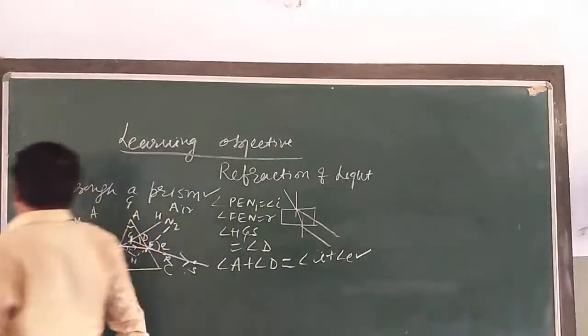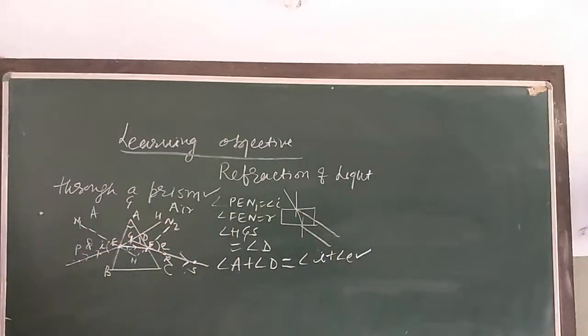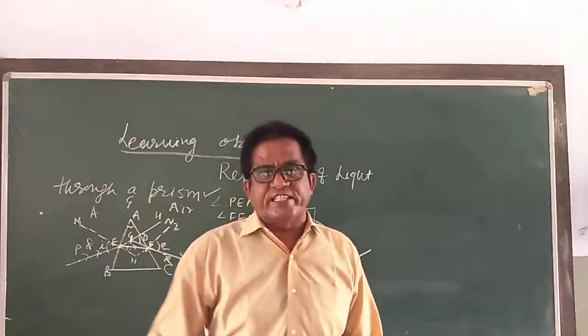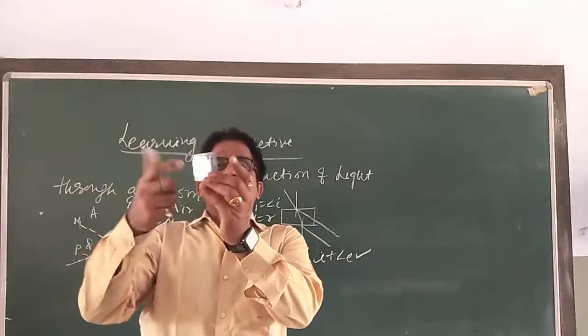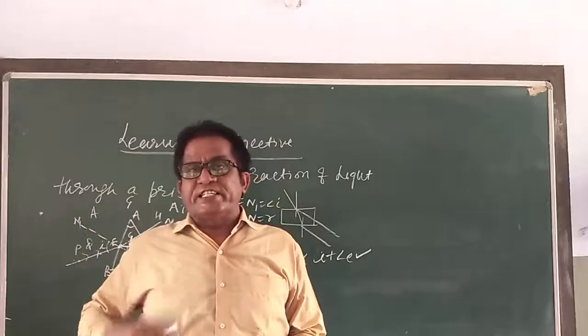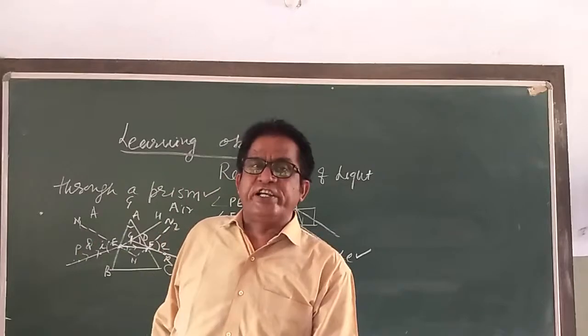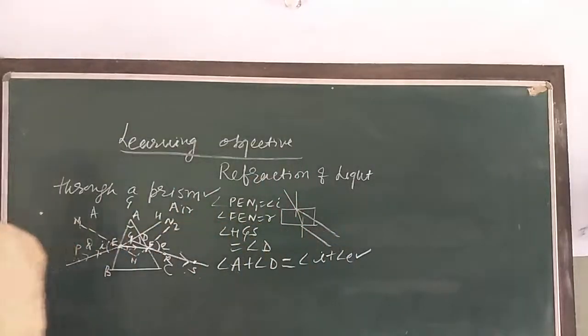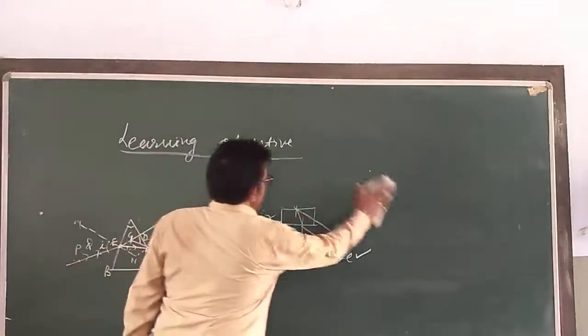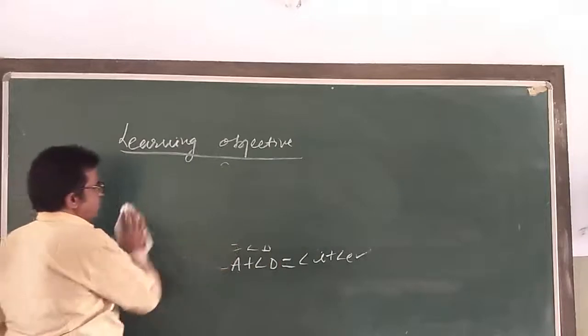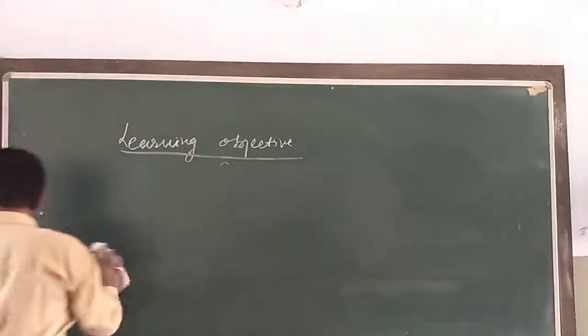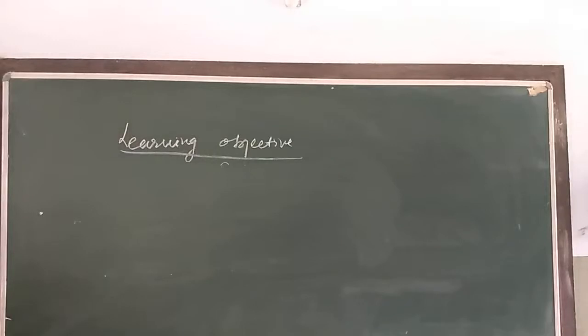So this is the refraction through a glass prism. As I told you, when the light enters from one side of the prism and we see from the other side, we get 7 different colors. That is called dispersion of light. So we get dispersion of white light by a glass prism. Write down the dispersion of white light.